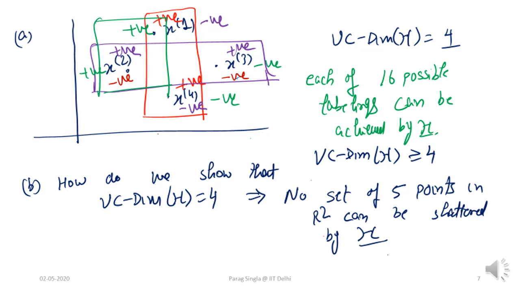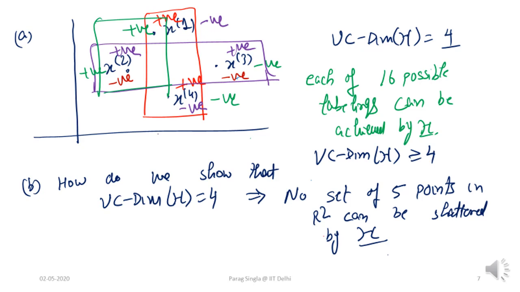So there are four such cases, and finally four cases are where 3 points are labeled negative and 1 point is labeled positive, and then you just draw a rectangle around the positive point in each of these four cases. That completes all possible 16 labelings of these 4 points, and we have argued that these 16 possible labelings can be achieved by some rectangle in the hypothesis space. Therefore, there is a set of size 4 which can be shattered by this hypothesis class, and therefore the VC dimension is at least 4.